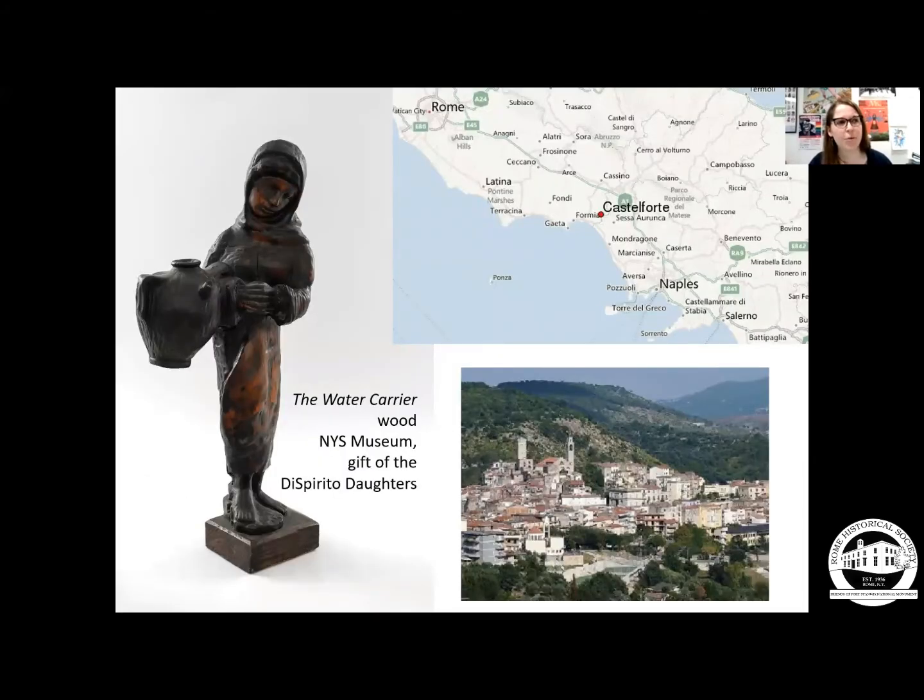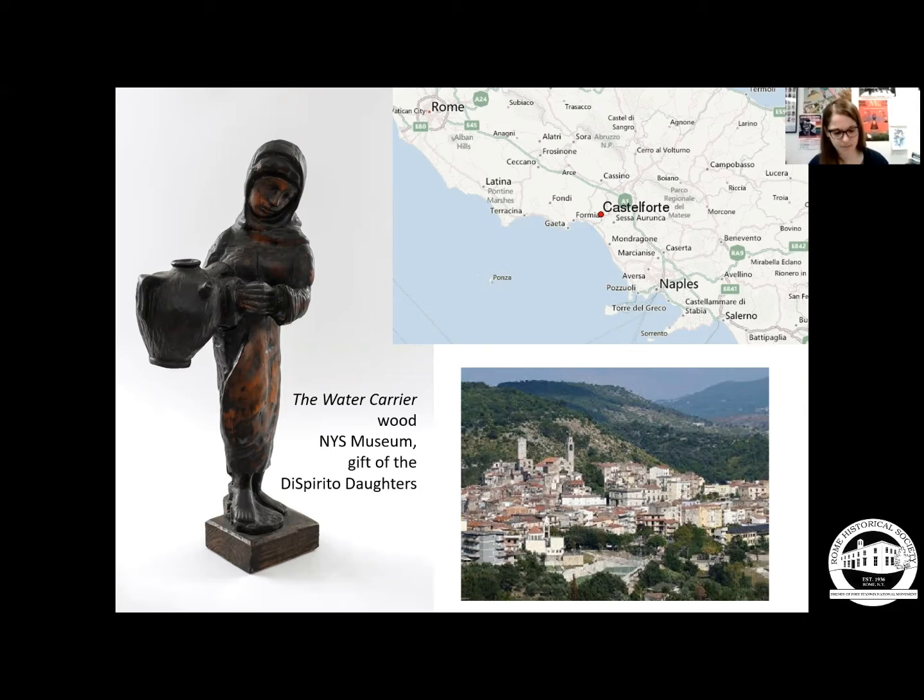So Henry DiSpirito was born in 1898 in Castleforte, Italy, and he was originally named Erasmo DiSpirito. His name was changed when he immigrated. His mother was Anna Riccardi. She was a farmer, and his father was Giuseppe DiSpirito. He was a stonemason. DiSpirito left his formal education in the 4th grade to become an apprentice to his father as a stonemason,